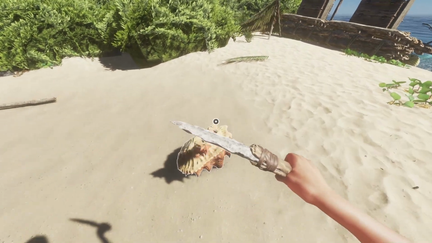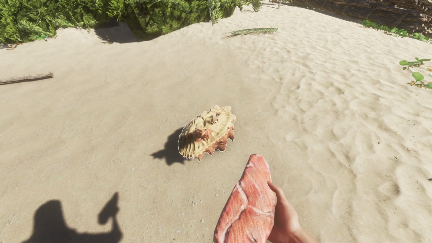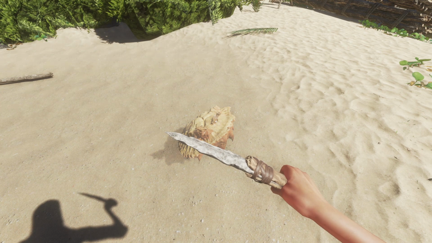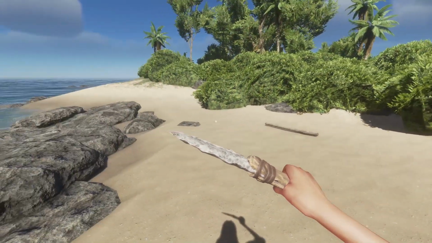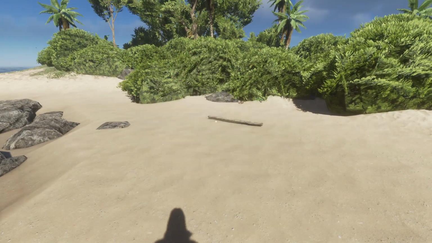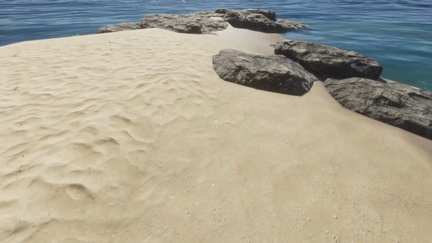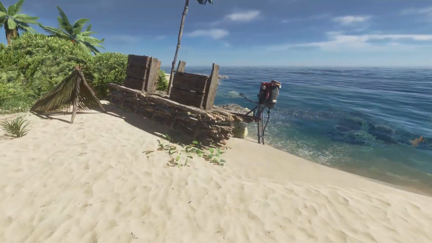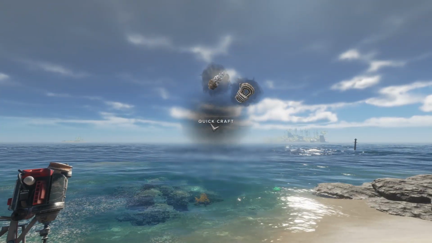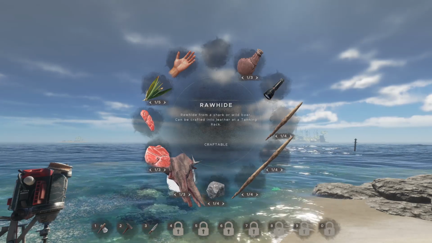We can probably get meat off of this lad here as well. So let's get some meat off of the crab. Oh, one bit of meat. Weird. Alright. Okay, good. We have all our spears. Is there anything else that we could take here? Grab them leaves. Grab those leaves. Right, cool. Which means we have rawhide. We're going to go back and...